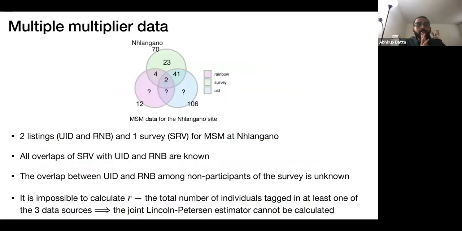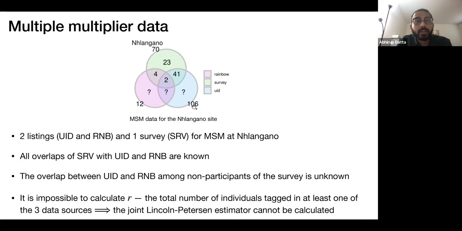Okay, so now we come to the more challenging part of the data set. We look at the MSM data for the Langano site, and there were 3 sources. 2 of them were for the multiplier listing, and 1 was, of course, the survey. So we had a total of 70 survey participants, 12 Rainbow Night attendees, and 106 UID, 106 members who received